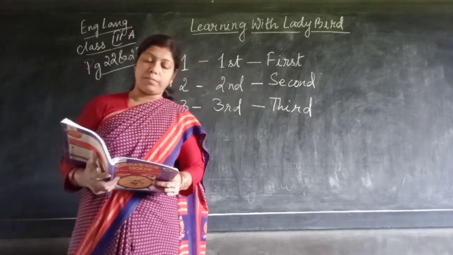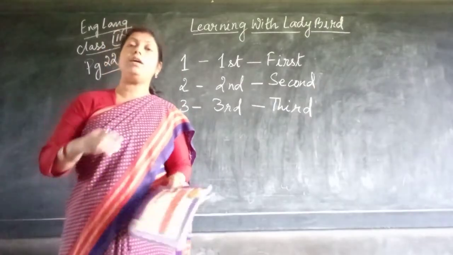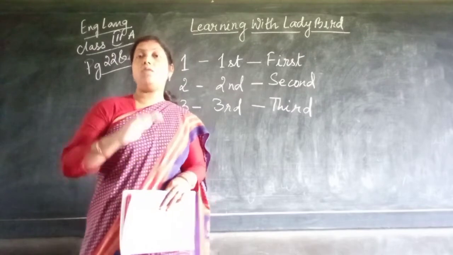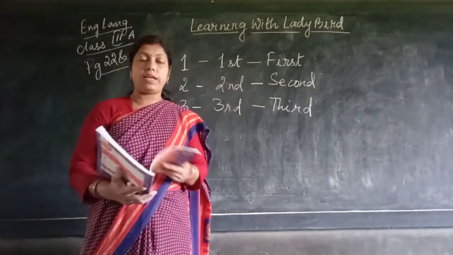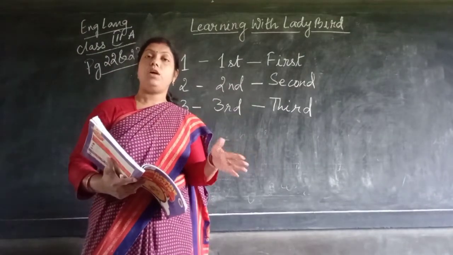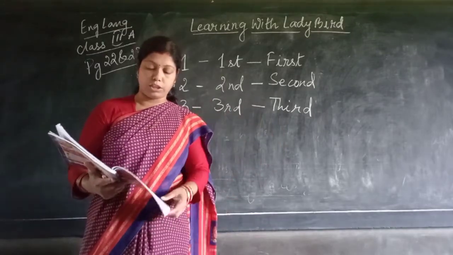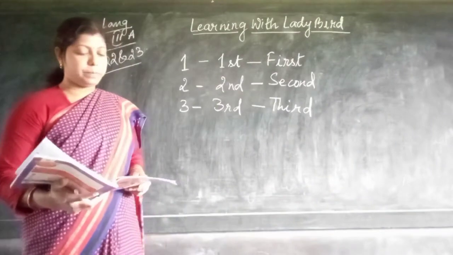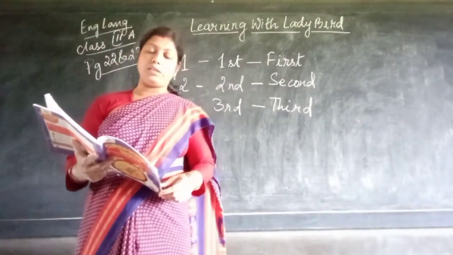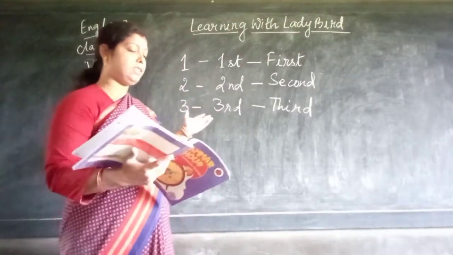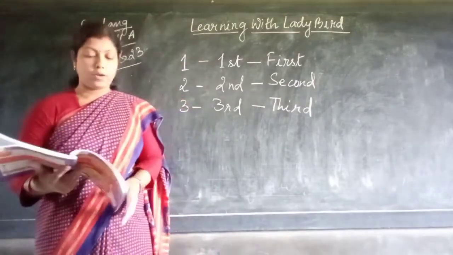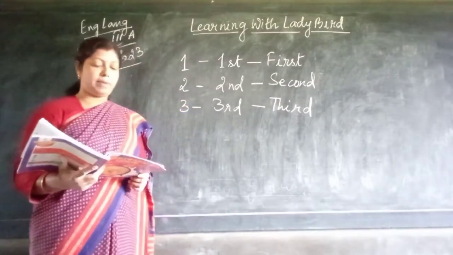So we use ordinal numbers to talk about what order things happen in, in what order the things are. We can say he is in the 7th position, or he is in the 7th place, he is in the 10th place, he is in the 10th position. The ordinal numbers for 1, 2 and 3 we write like this: first, second, third, you see on the board.